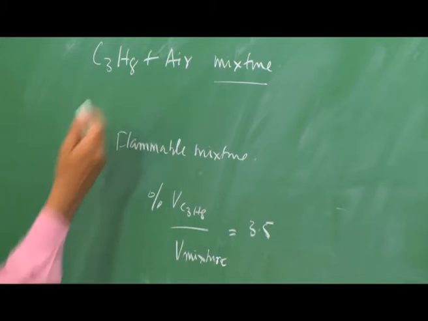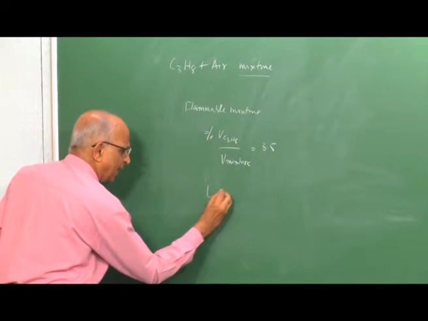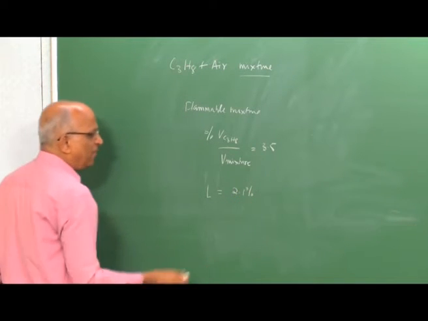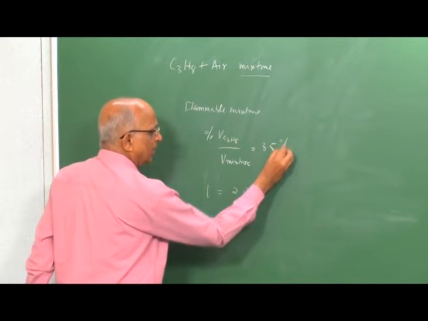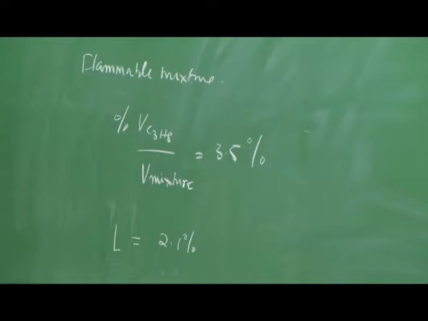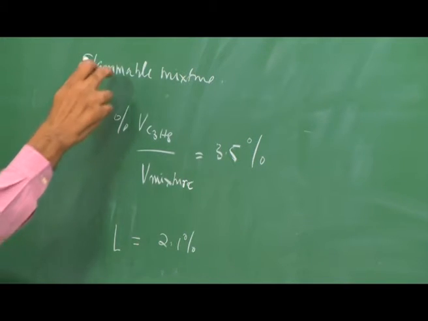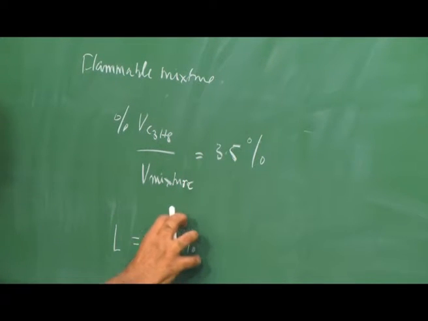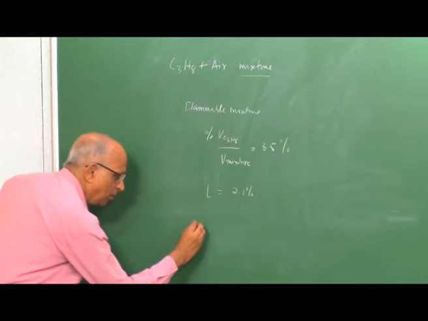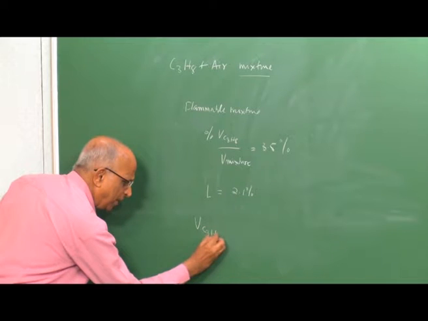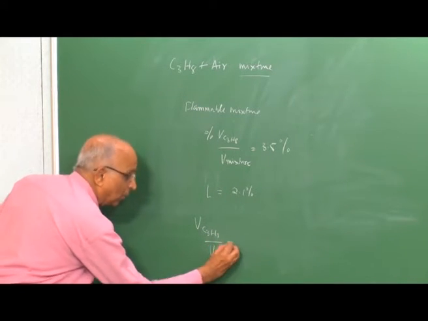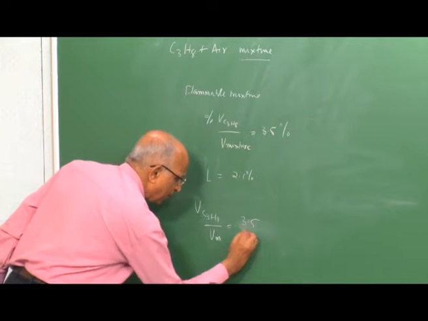For propane air mixture, we saw that the lean limit of flammability L is equal to 2.1%, whereas what you have in the mixture is 3.5%. The question is, how much inert gases do you add to this to be able to bring it down to this value? Well, the problem is quite simple. We say V of propane in the mixture, what you have, V mixture, is equal to, say, 3.5 divided by